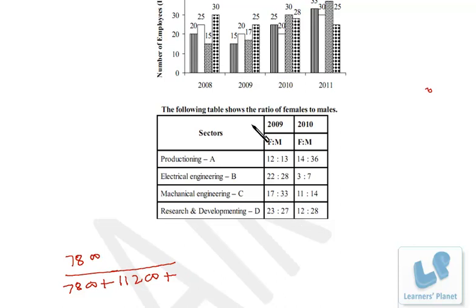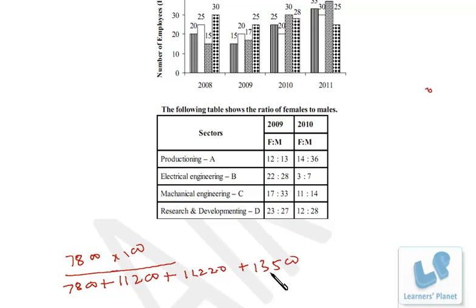Similarly here 17,000 are employees and out of that 33 by 50 are male. So 17,000 divided by 50 is 340, 340 into 33, that's 33 square, 1089 plus 33, so that's 11,220. Okay. Similarly, here 27 by 50 of 25,000. So 25,000 divided by 50 is 500 and 500 into 27, 13,500. Now we have to find out the percentage of this, right?